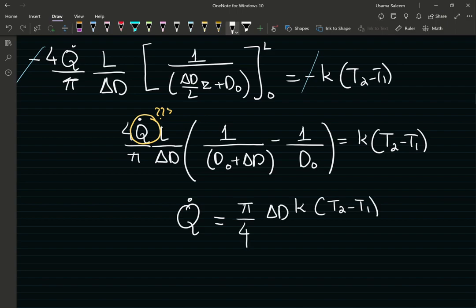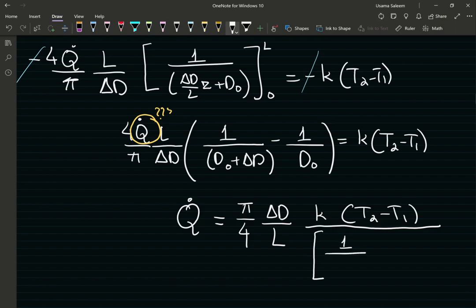Delta D, the change in diameter, goes to the right hand side. Let me make this more clean. Delta D, T2 minus T1. Make sure I don't make any algebraic mistake. That's going to be fatal at this point. Hopefully I won't do that. Fingers crossed. And then in the denominator